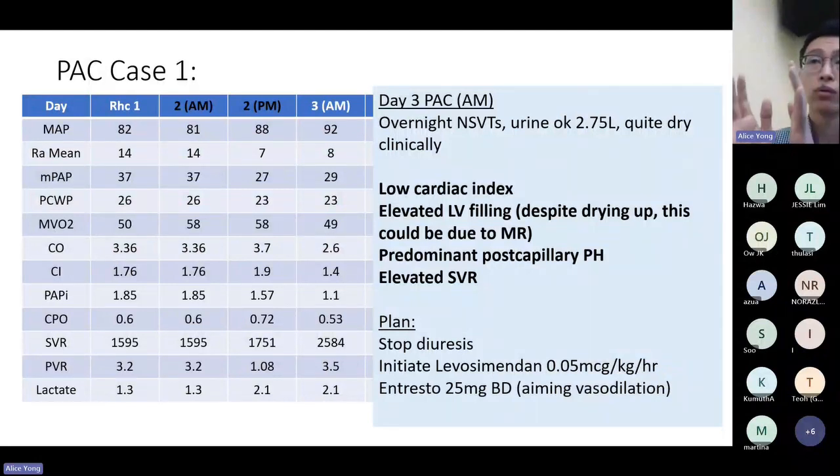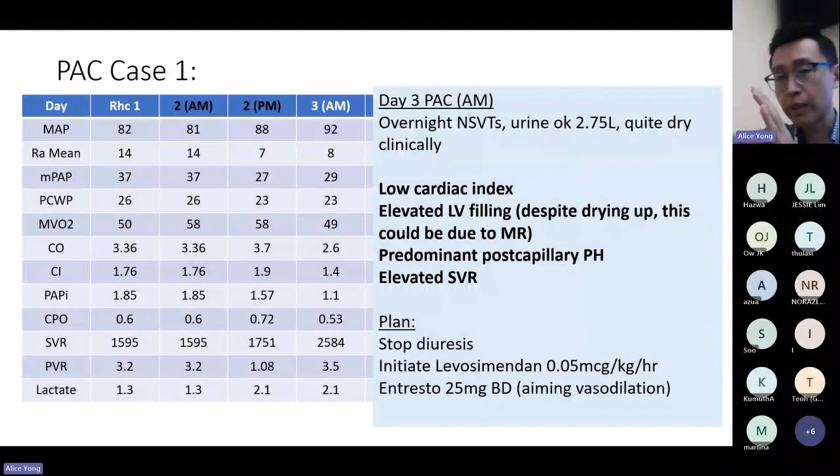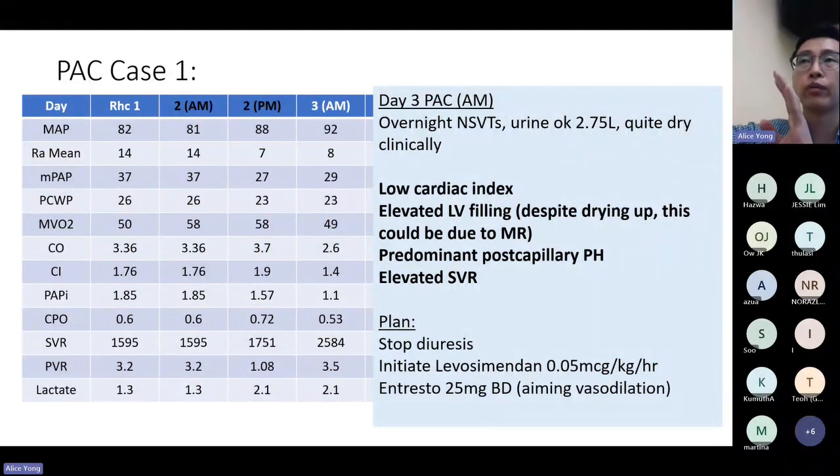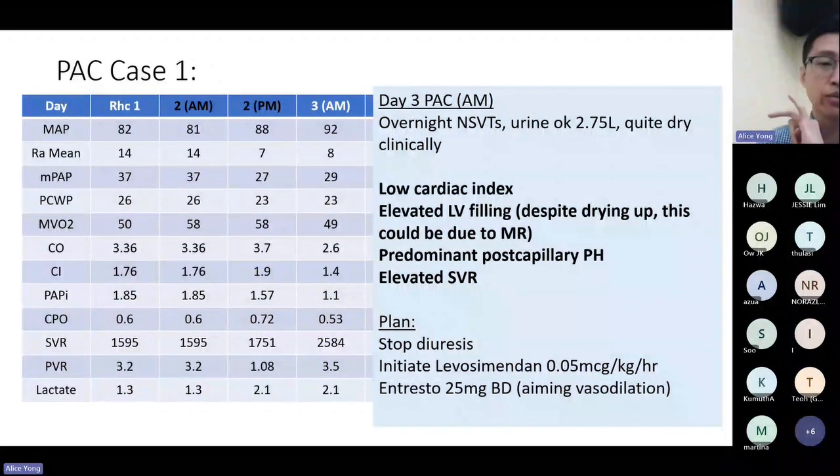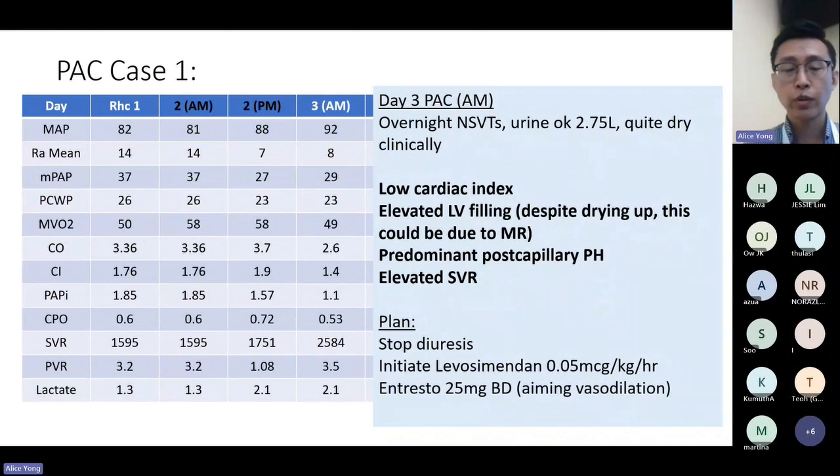That's the best we can go in terms of drying him up. Okay, so we stop the diuresis. Now we are aiming at how do we help the patient from now on. Does the patient need long-term inotropic support? Can the patient tolerate, in this kind of situation, some oral forms of GDMT to help with the heart failure? So from this point onward, we give levosimendan because we know that levosimendan has at least a 2